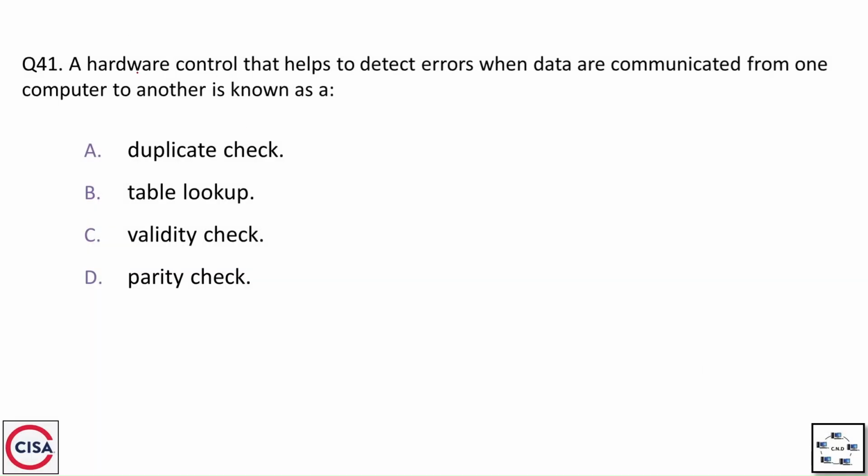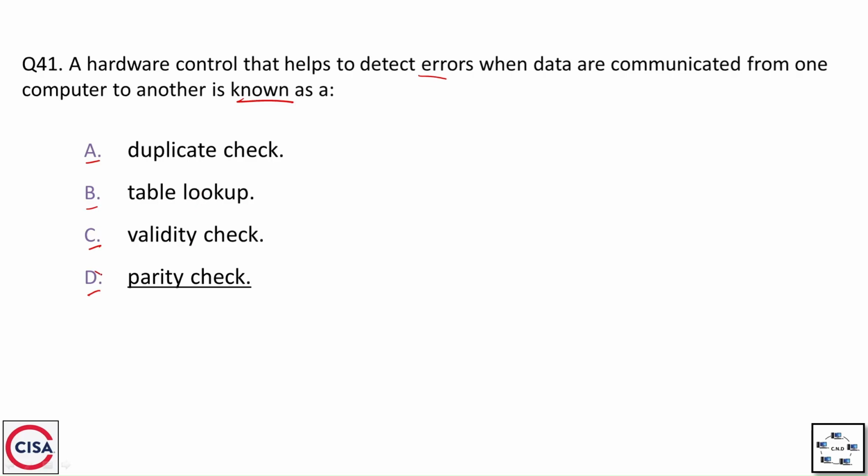Question number 41. A hardware control that helps to detect errors when data are communicated from one computer to another is known as option A, duplicate check, option B, table lookup, option C, validity check, and option D, parity check. And the correct option is